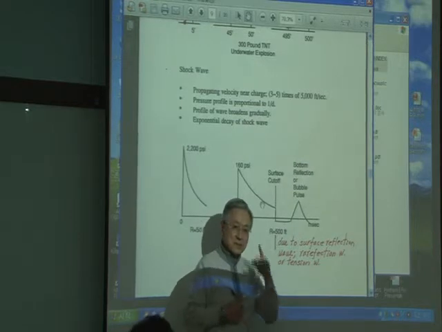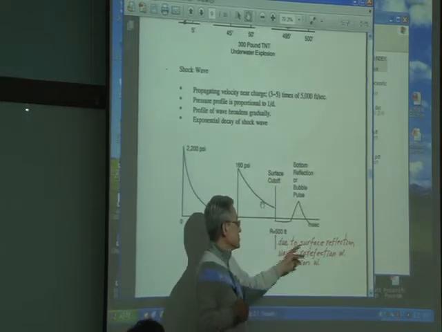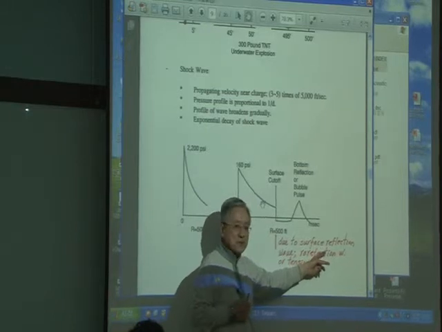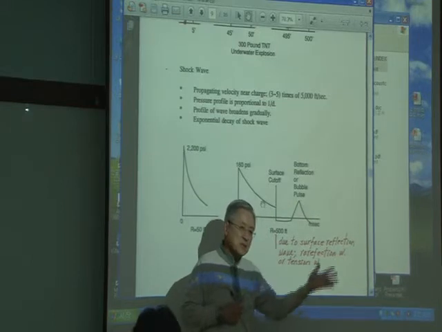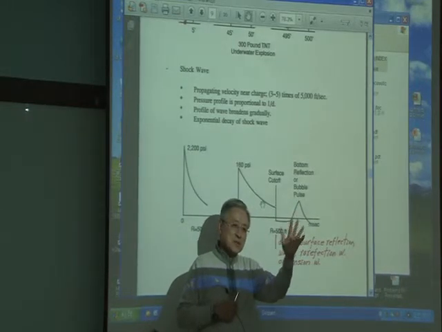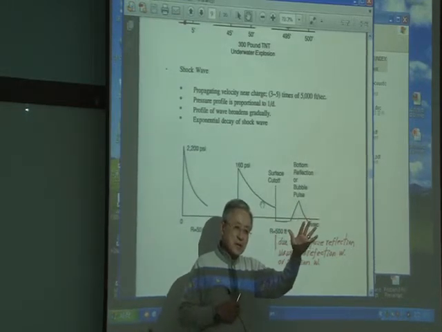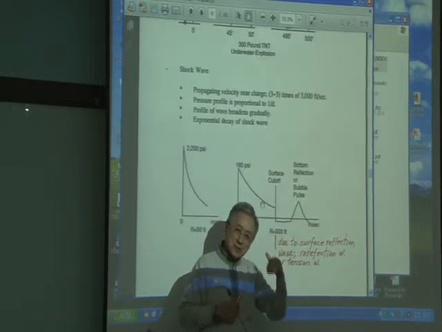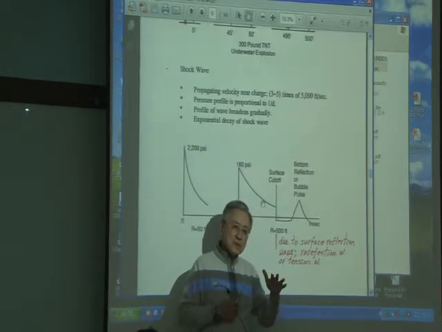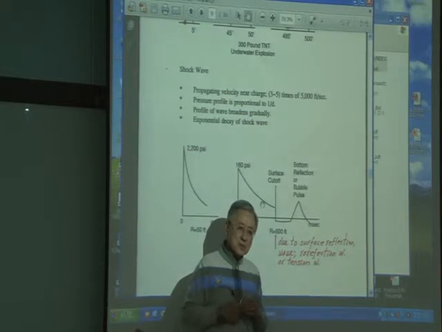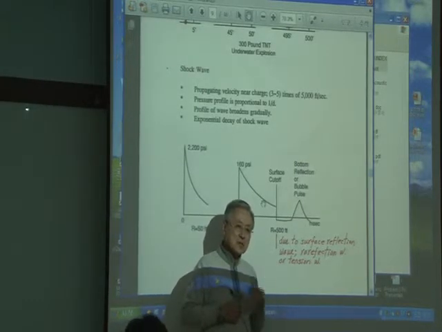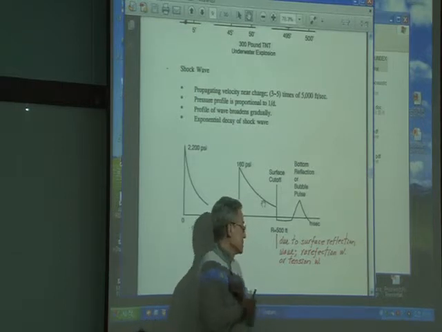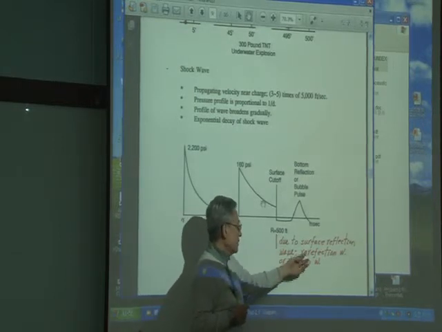Okay, surface cutoff. This is due to the surface reflection wave. Think about how, when the shock wave hits the surface, how the wave is going to behave. So think a little bit. It's different from a gas explosion. I don't really see this kind of phenomenon in a gas explosion, in a sense. And rarefaction wave